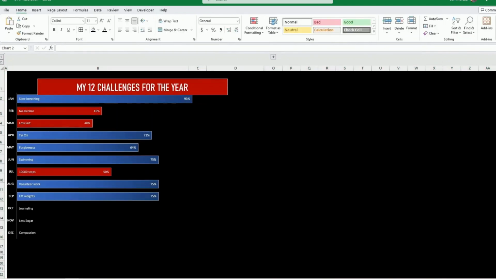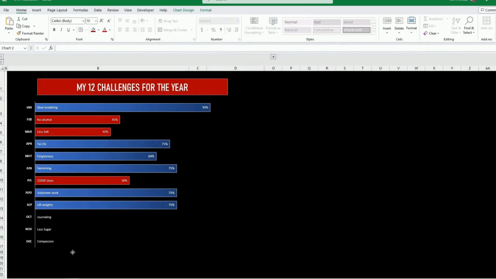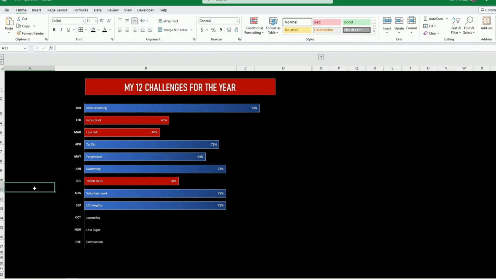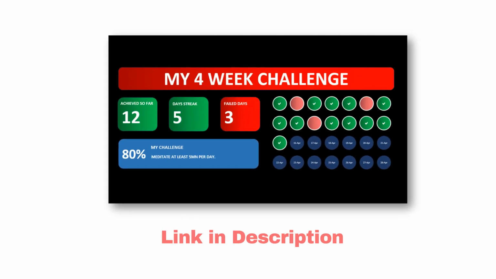So, as mentioned, if you want to use that in conjunction with my other habit tracker, where for every 4 weeks you have a different type of challenge,